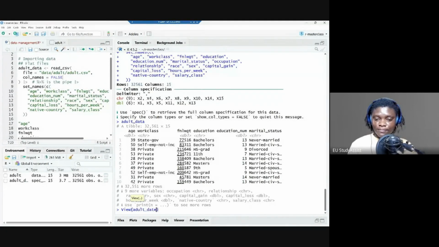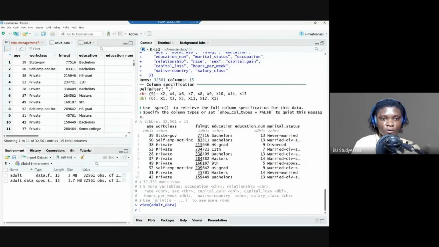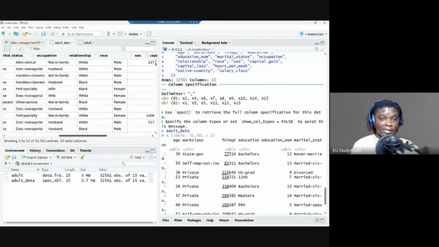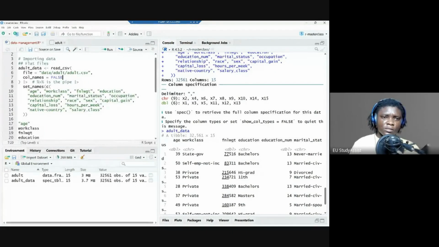Of the data, adult data. And once I click on that, we have what we have here. On the right hand side, you see the age, the working class, the financial, education number, and things like that. Everything is working as expected. So I'll close this and I'll close this. Now that's for